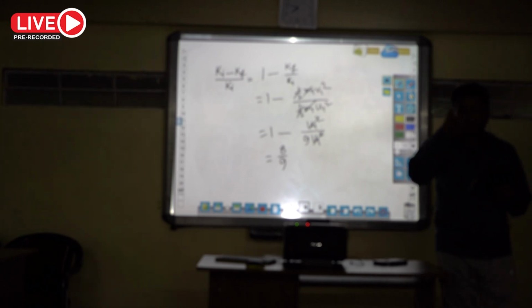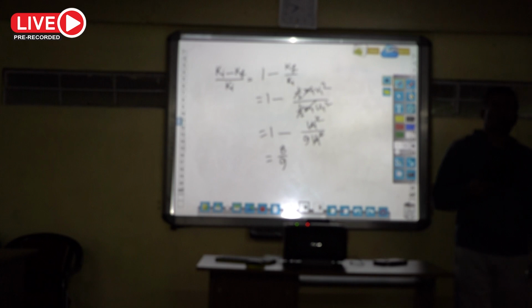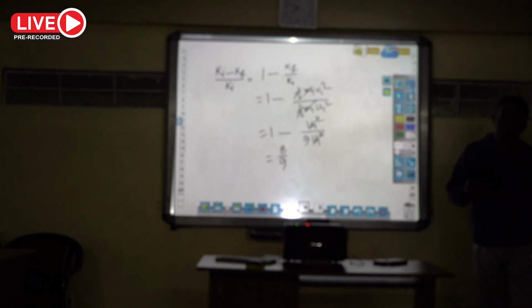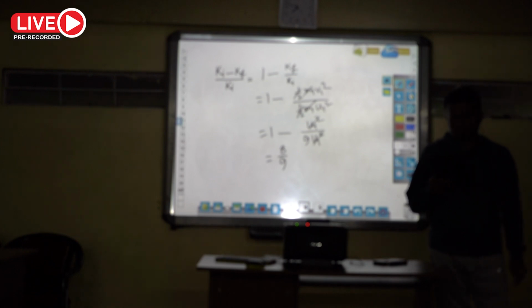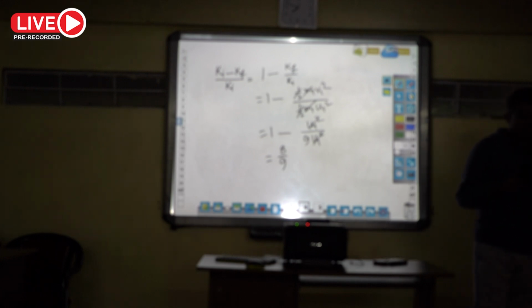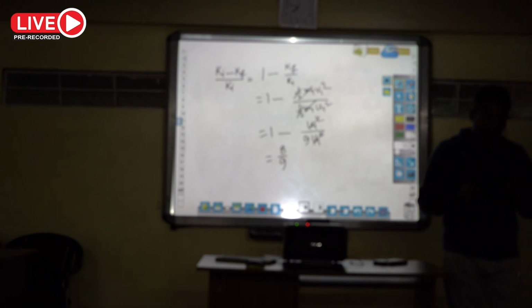The work done by the force during its displacement from x equal to 0 to x equal to 2 meter is